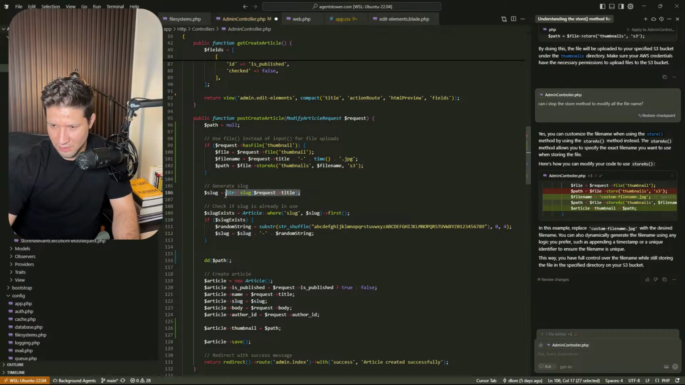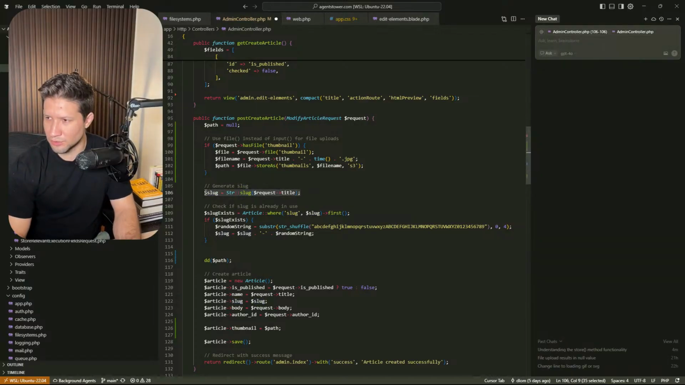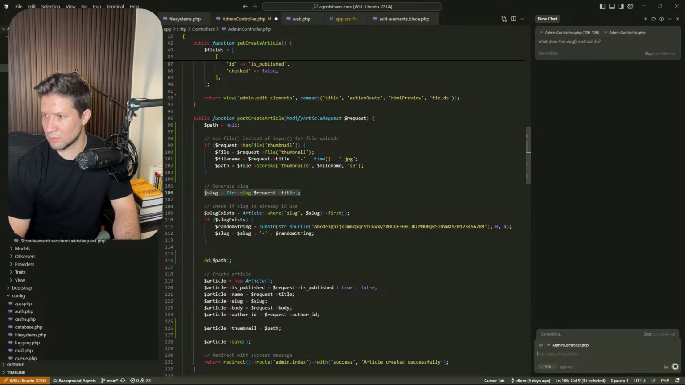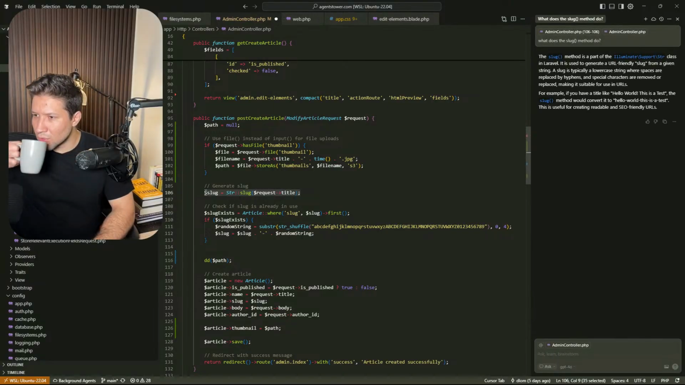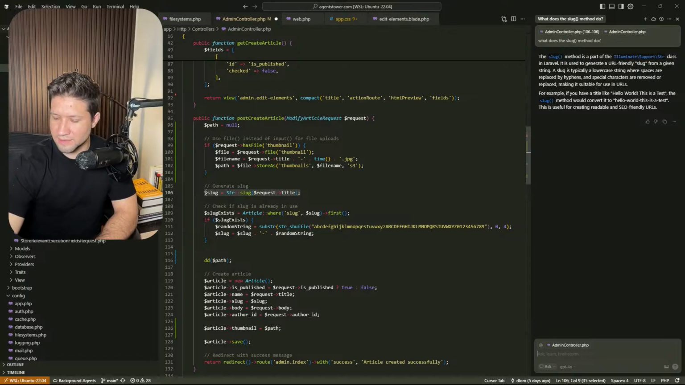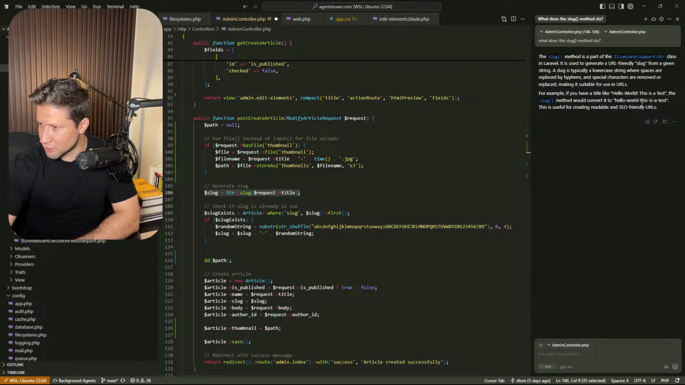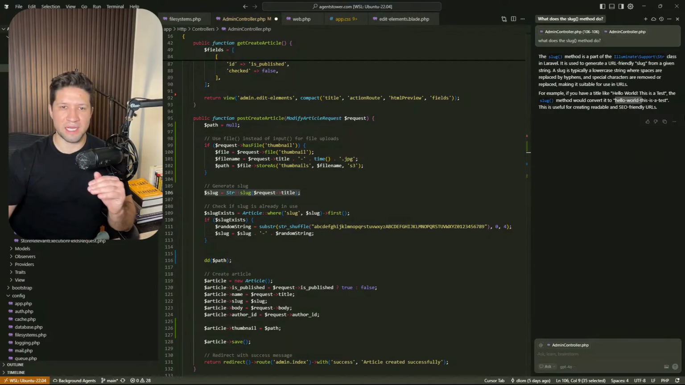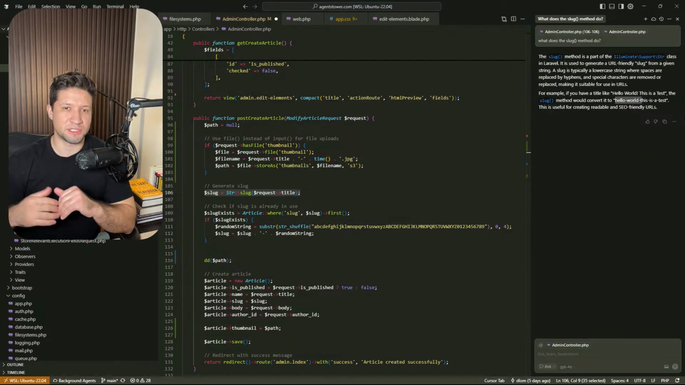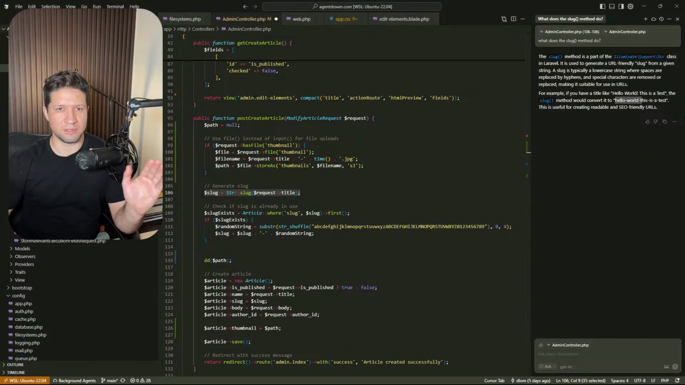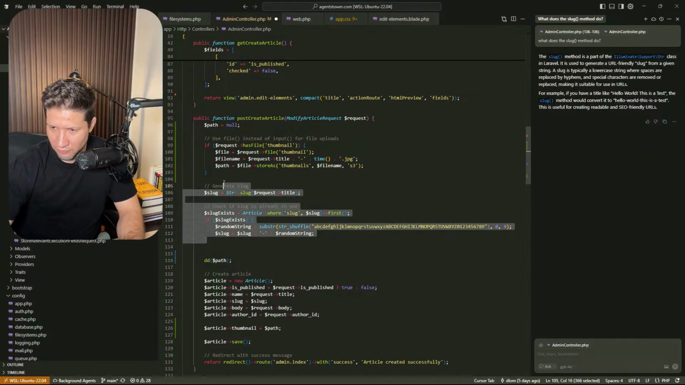So if I ask Cursor this, what does the slug method do? It's telling me this: if you have hello world with an exclamation mark, it is going to remove the spaces, make them lowercase, add a dash where the spaces were, remove the special characters. So that's exactly what I want to do for the file name. So I'm going to move everything in here